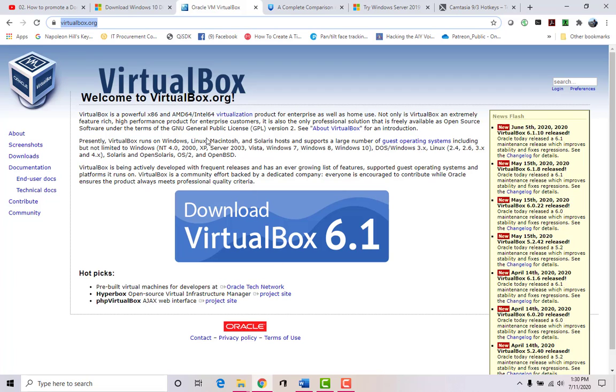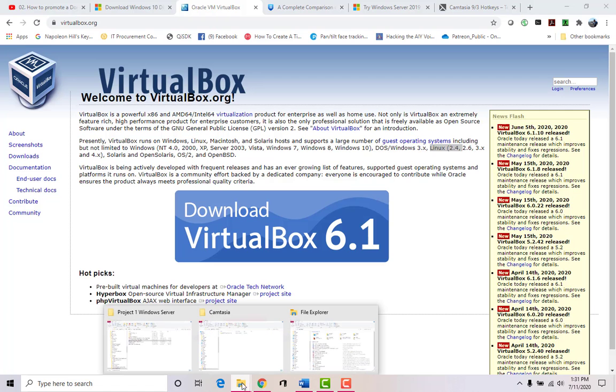With VirtualBox, again, you're running a hypervisor, which means you can run multiple operating systems inside the VirtualBox. So imagine having a box with a lot of tools in it, and each tool is its own operating system. So you can install things like Windows 10 machines, server machines, Linux machines, and all of those things. So it's extremely useful.